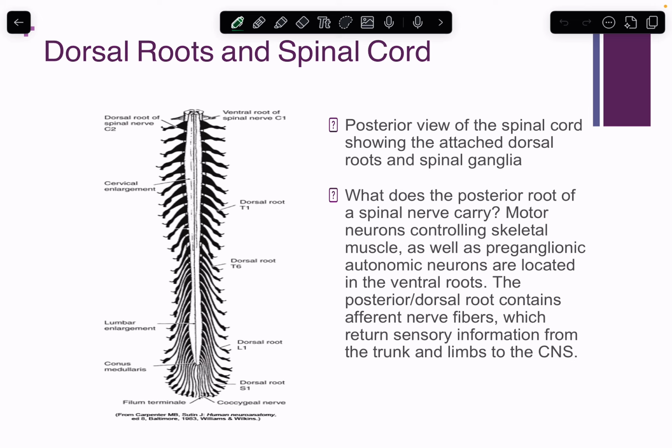So let's talk about autonomic signals regarding the anterior ventral roots. In certain segments of the spinal cord, the ventral roots also carry autonomic or involuntary motor signals to smooth muscles, cardiac muscles, and glands. For instance, in the thoracic and upper lumbar region, the ventral roots contain sympathetic fibers. Remember that,